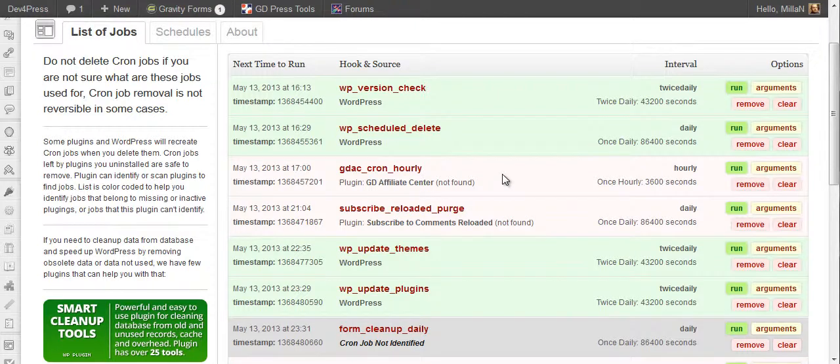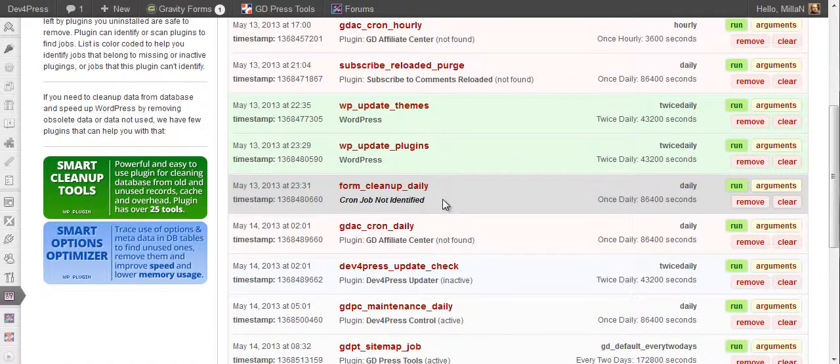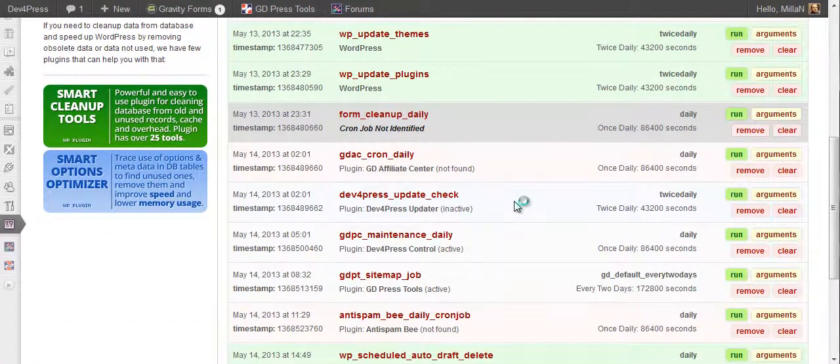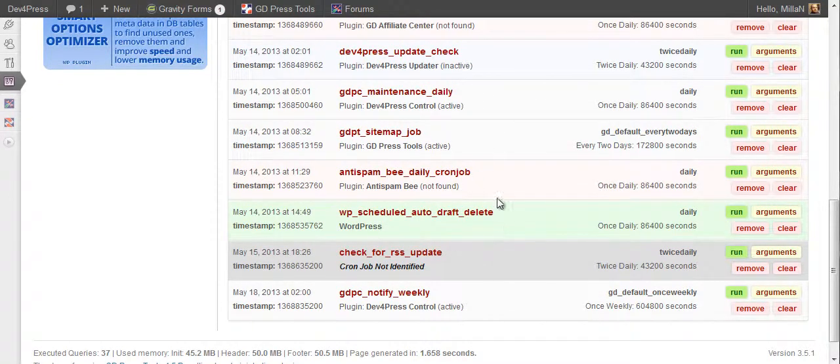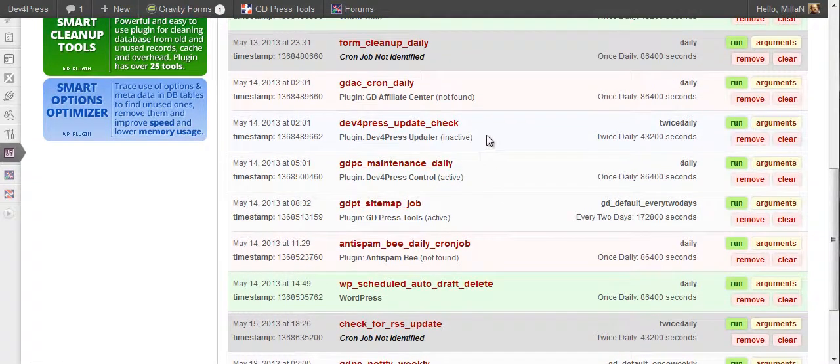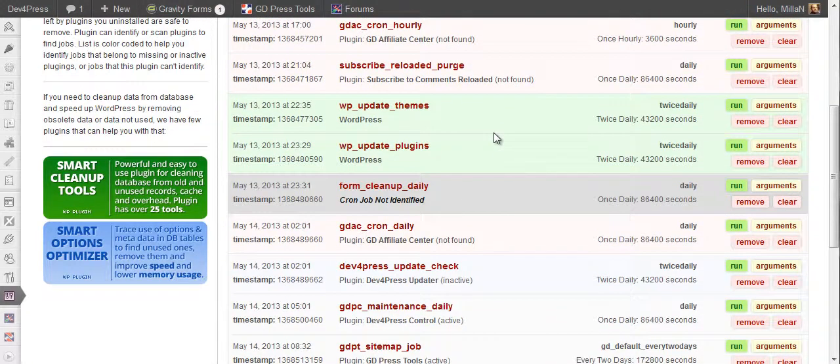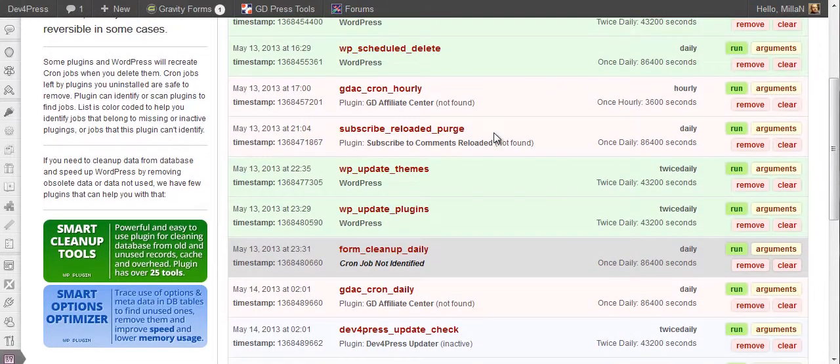But it's very safe to remove unidentified jobs or jobs that belong to missing plugins or inactive plugins, in case you need them again. In most cases those plugins will recreate jobs if these jobs are automatically executed.